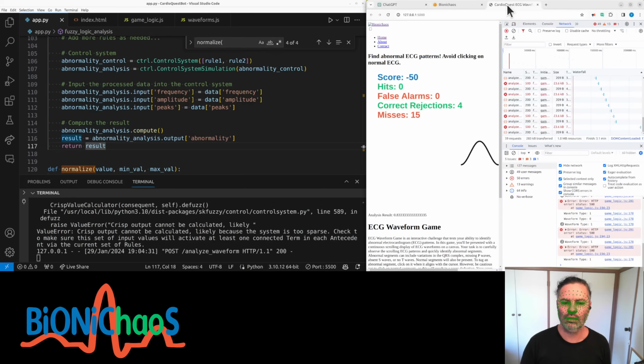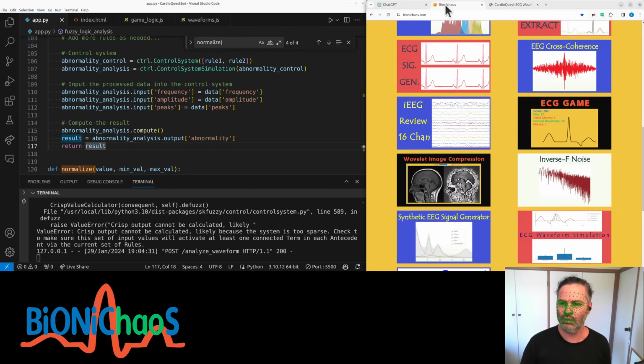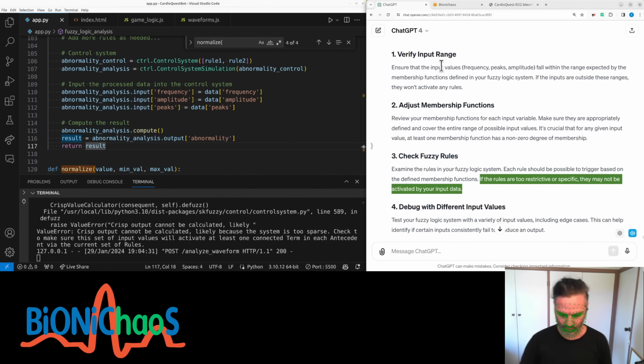Examine the rules in your fuzzy logic system. Each rule should be possible to trigger based on the defined membership functions. If the rules are too restrictive or specific, they may not be activated by your input data. Test your fuzzy